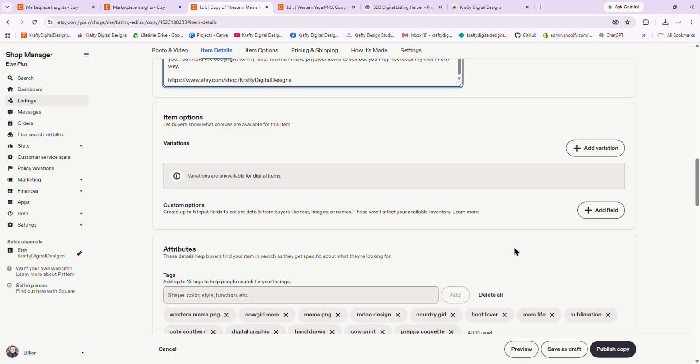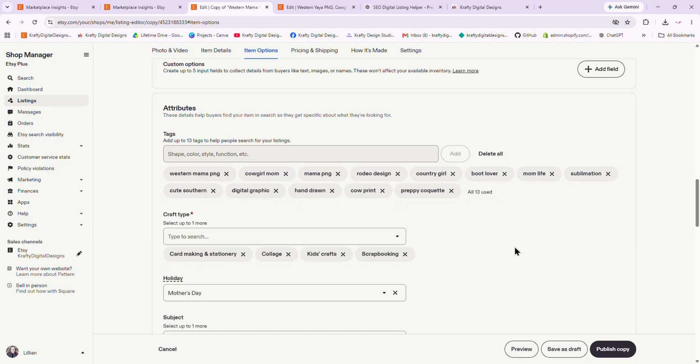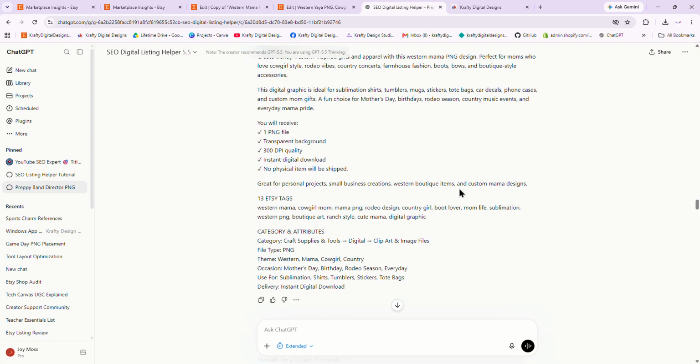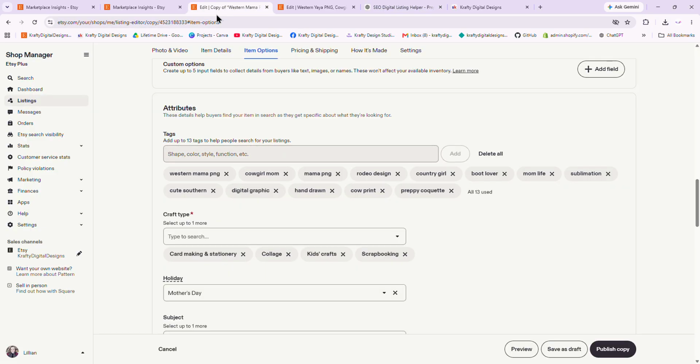And then I don't have any variations or anything like that for my digital items. And the other important thing is your tags, right? So it gives you a whole bunch of tags here. And what I like to do is get all of the tags done, and then when I duplicate this listing to do all the other names, I'm only having to change the important